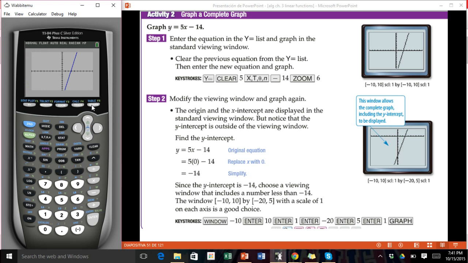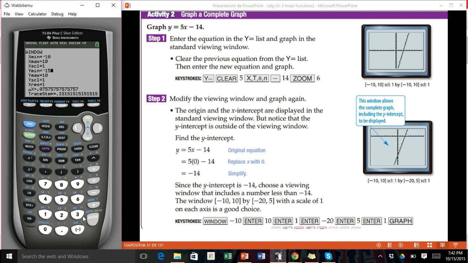Ooh, close. I can see the origin. I can see the x-intercept, but what am I missing? I'm missing the y-intercept. So in order to be able to see that y-intercept, we can really just play around. So remember, this is the y-axis, right? And we want to be able to see lower. So this right here is -10. So we want to include something below -10 in the y-axis. So let's take a look. Nope, not the x. Nope, not the x. Y minimum, something below -10. So why don't we try